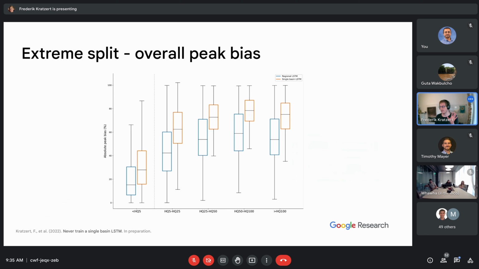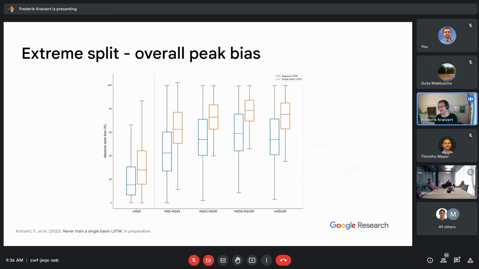On the very left, you see the training performance, so those smaller than HQ5, and everything else is test data. And you can see that also the regional LSTM gets worse with higher events. But the single basin LSTM actually gets worse faster, or gets worse more severely, if you want.